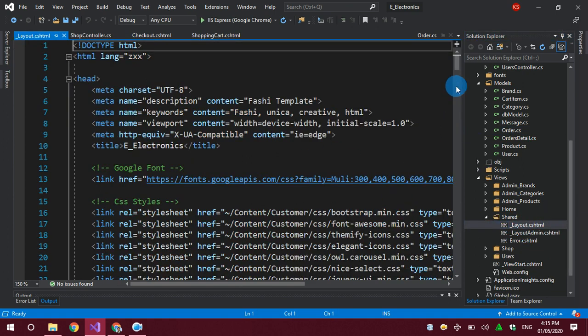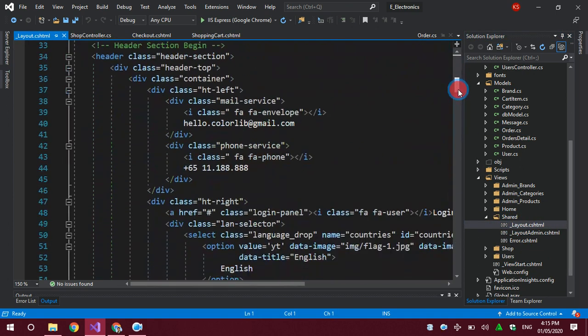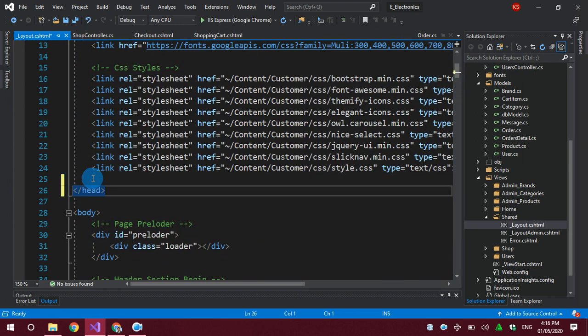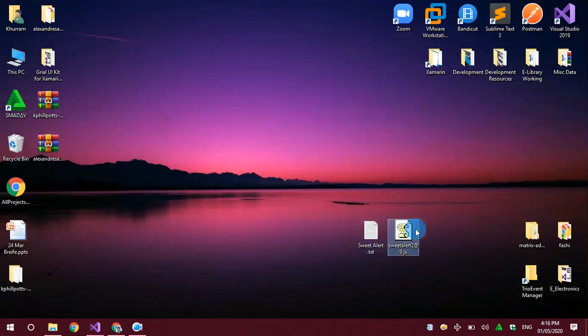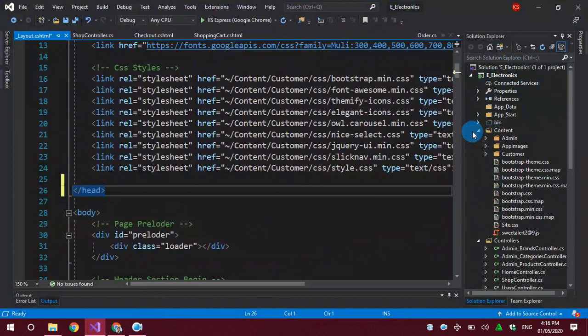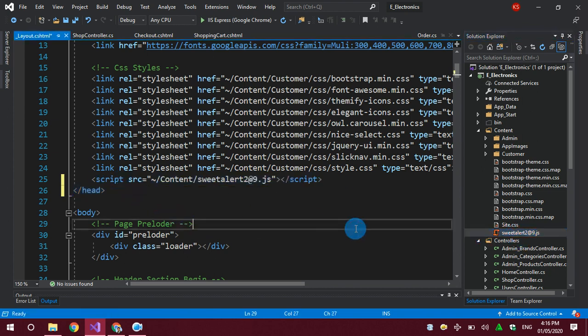We need two steps. First step is to link the Sweet Alert library here. I'm going to copy this library to my project, the content, Sweet Alert, and put it here in the head.